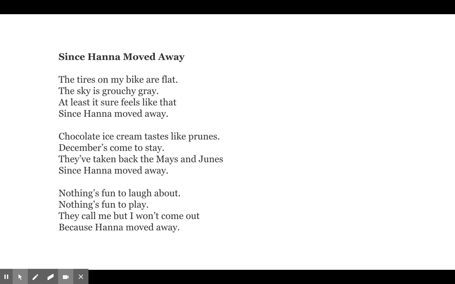So I would like to talk about the rhyme and the rhythm that we've noticed in this poem. But before we can do that, we've got to understand what makes up a poem. So the first thing that I want us to look at is a group of lines called a stanza. You can tell right here that this stanza is created by 4 lines grouped together, almost like a paragraph. If we take a step back, we can see that there is stanza 1, stanza 2, and stanza 3. So this poem is made of 3 stanzas, each that have 4 lines apiece.